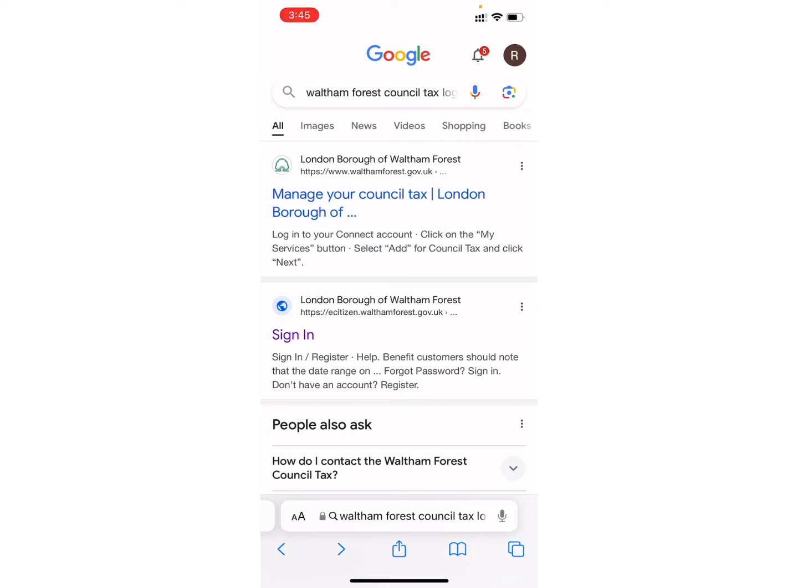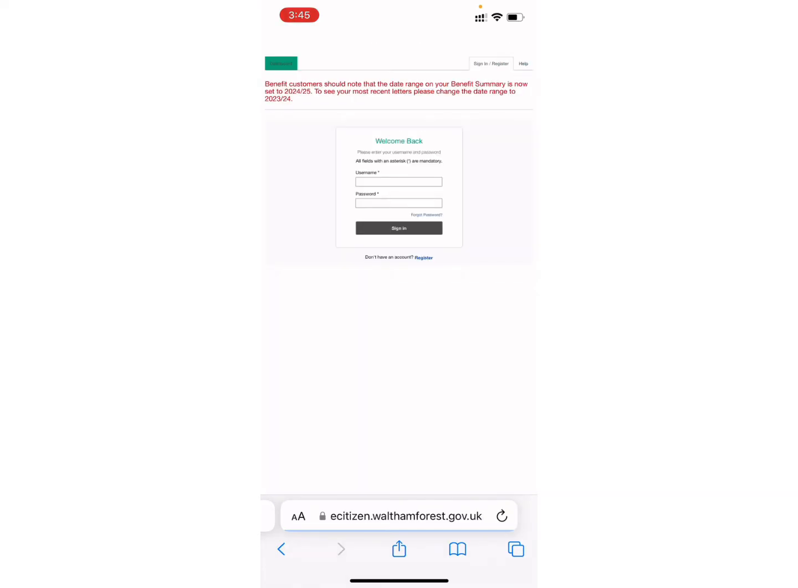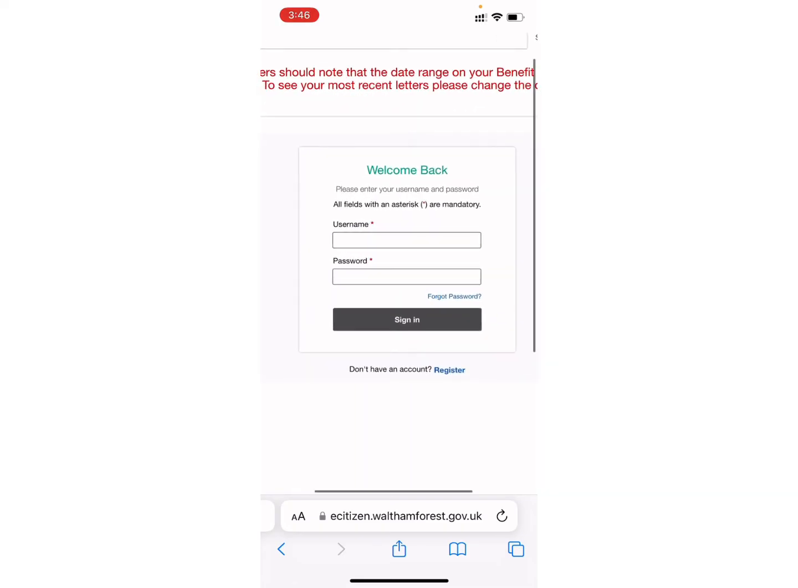After searching, different websites and links like this will appear on your screen. Click on the second website that says sign in. Wait for a while and you will be directed to this page. Now on this page you can see some information in the red text, so you can just read it or ignore it. Now coming to the login part, just zoom in on that box,